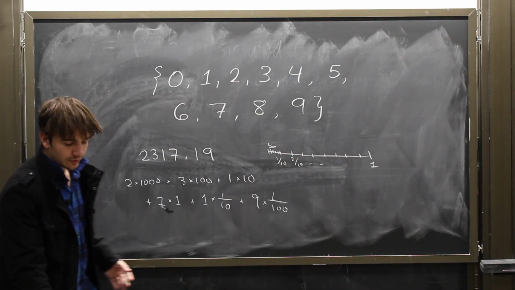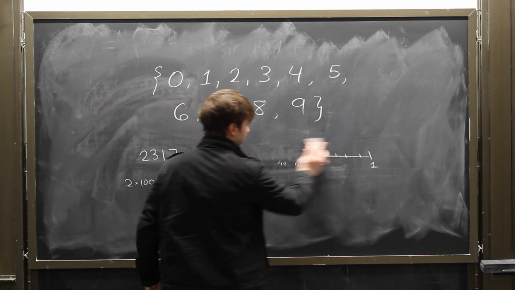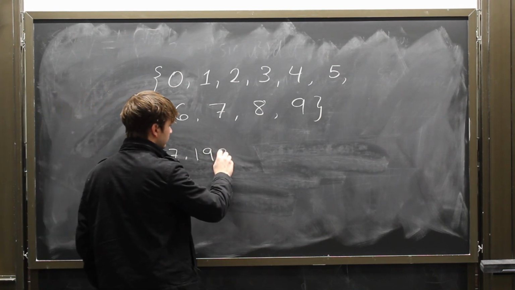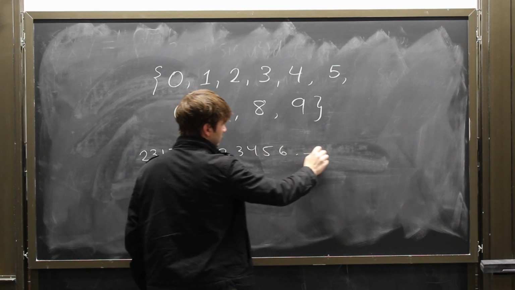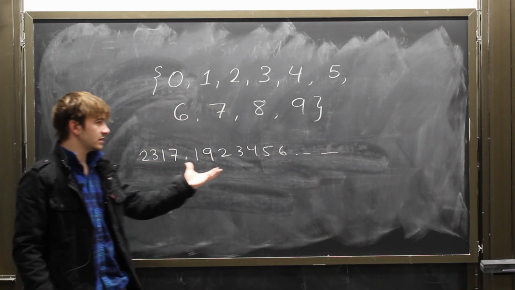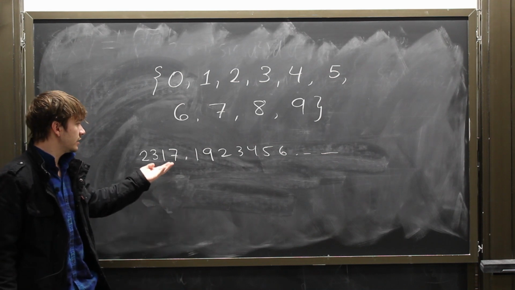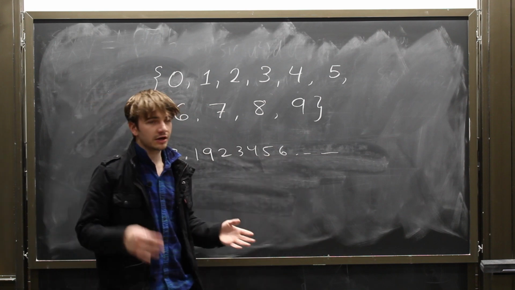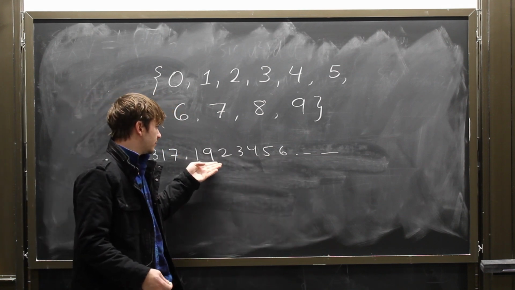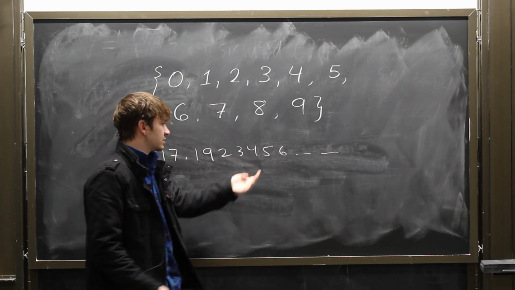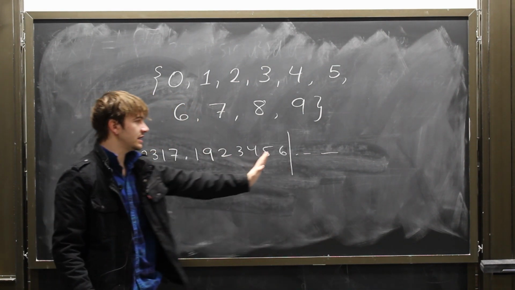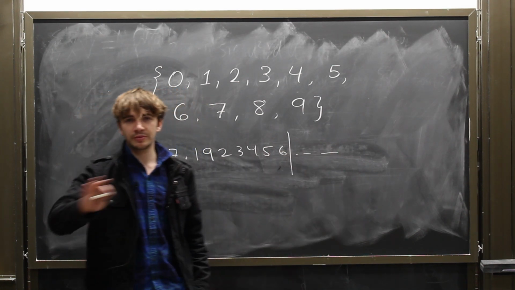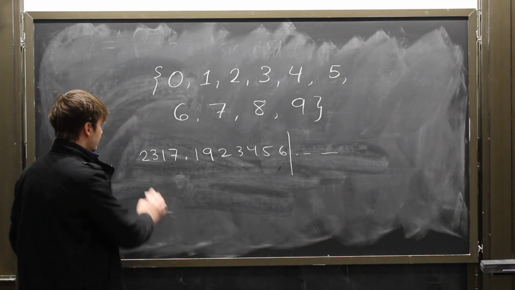Okay? But what about an infinite decimal, right? Like, what about a decimal that goes on forever? Okay, so maybe you could think of this as representing some real physical length. If you believe that the real numbers truly represent reality, then this could be the true length of some quantity. And then I might ask, if I measured this length, maybe I'd get a measurement that cuts off at this decimal, so I'd have this much accuracy in my measurement. You might ask me, well, what does it mean for the decimal to repeat on infinitely? Okay, so before we talk about that, let me just quickly mention that